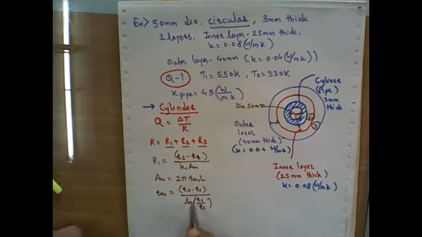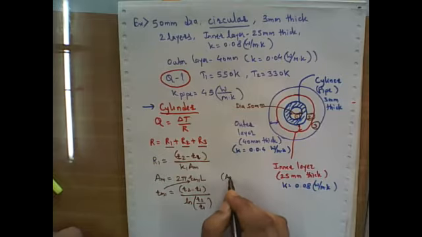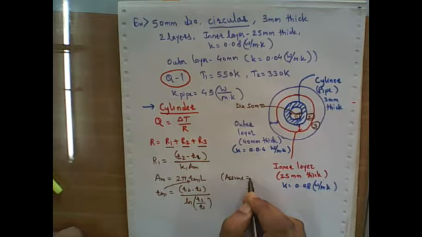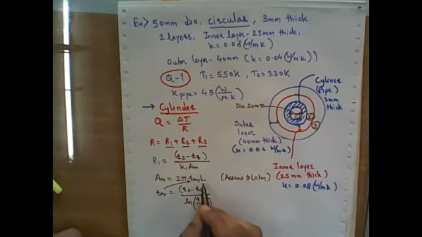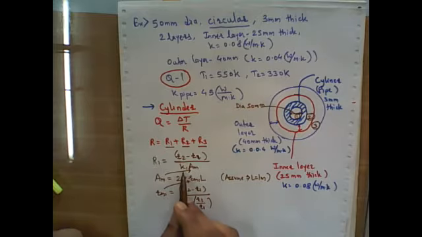Now, if you know the R1, R2 values, then we can calculate r_M1. If you know this r_M1 value, then we can calculate this A_M by assuming L equal to 1 meter, because in the numerical they haven't mentioned about the length. So we have to assume this length as a 1 meter. So we can calculate this A_M on the basis of this r_M1. And if you put this A_M value in this equation for the R1, we can calculate this capital R1 because this thermal conductivity is given in the numerical, right?